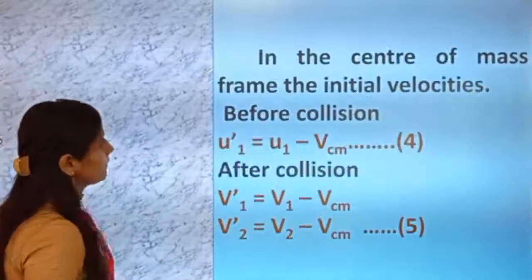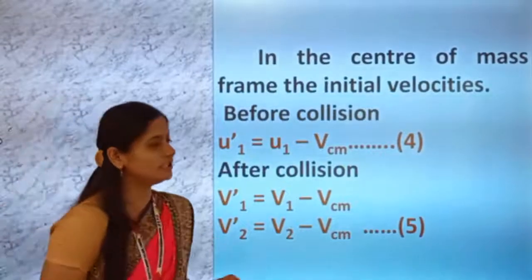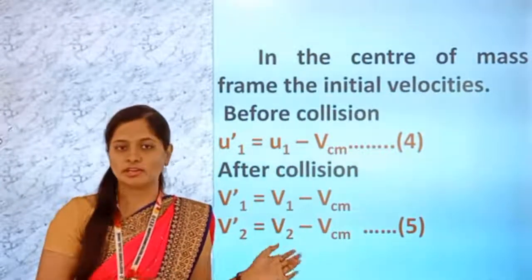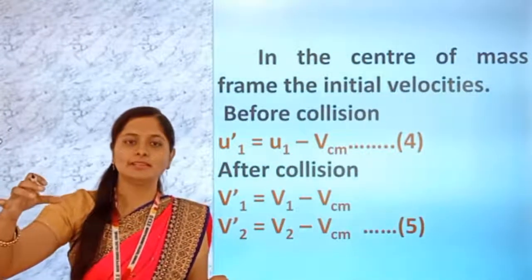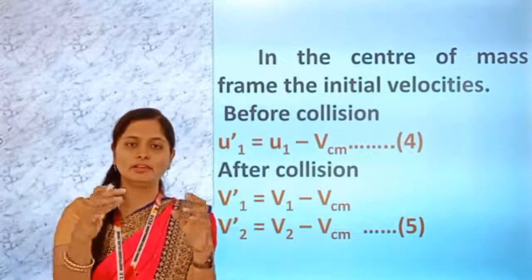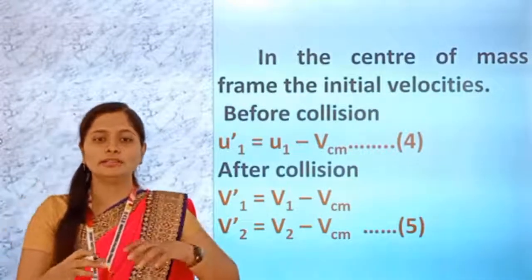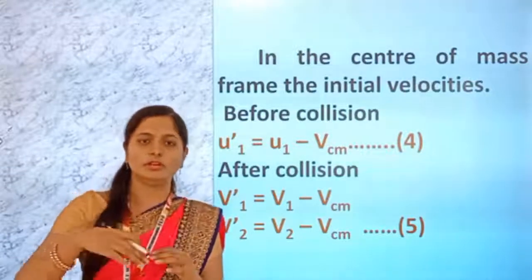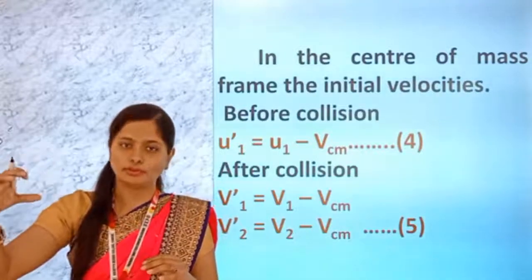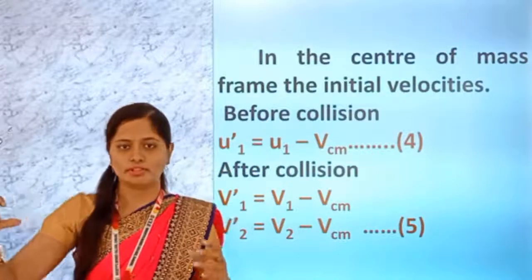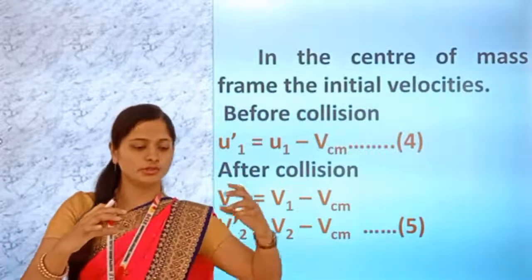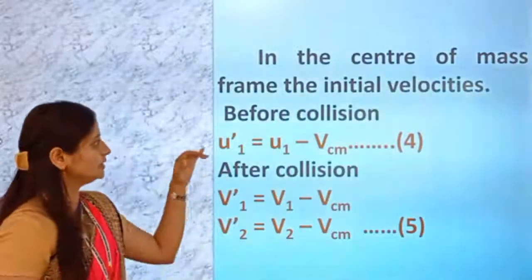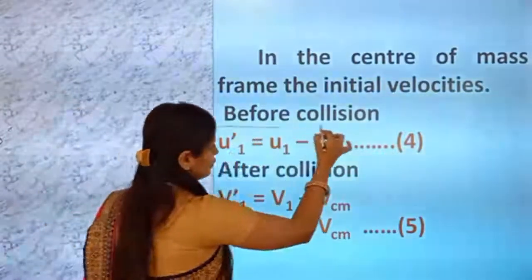See here next, in the center of mass frame, the initial velocity before collision and after collision. Okay, the center of mass, as I already told you, is at rest. At the start it is at rest. After the collision of the particles, will the center of mass be in motion or at rest? First, before collision it is at rest. After collision, there is a little motion, and then again it goes to the rest position. So we have to find out before collision as well as